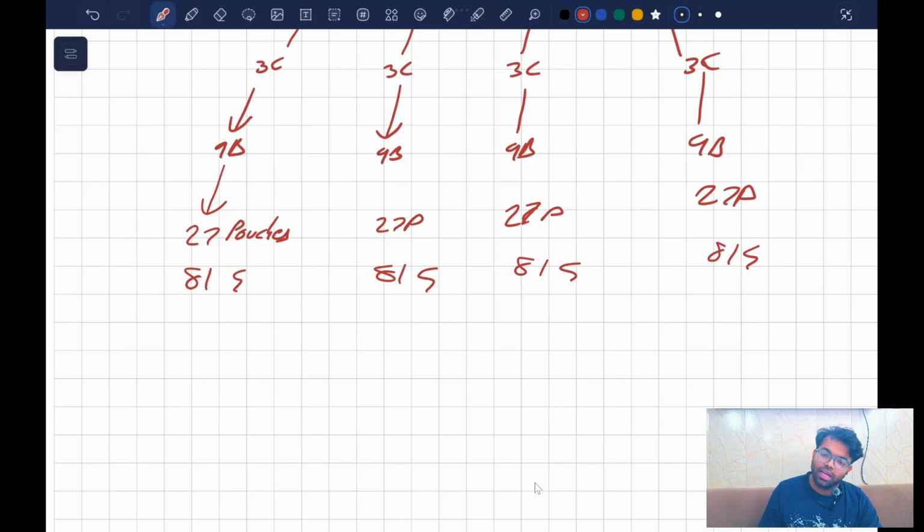ठीक है. सो राजा ने कितना सोना खर्च किया? 81 into 4. 8 4 the 32, 3 2 4. The Raja spent 324 gold coins on these 4 ministers. अगला,